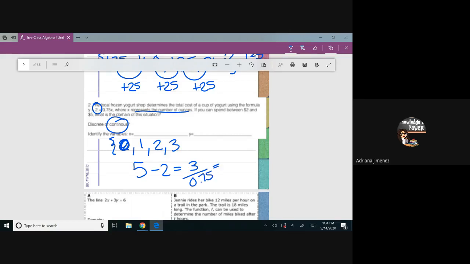I use the calculator, and this comes out to 4. So they're only going to go all the way to 4, and then you would stop. But I didn't write this right